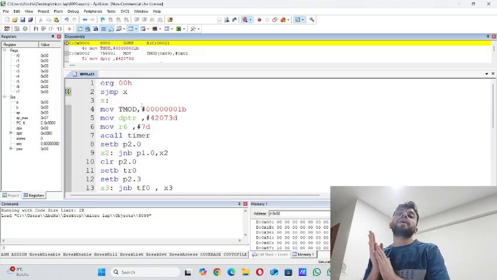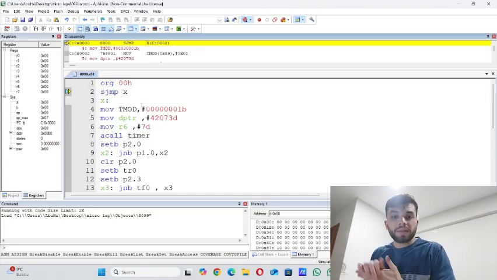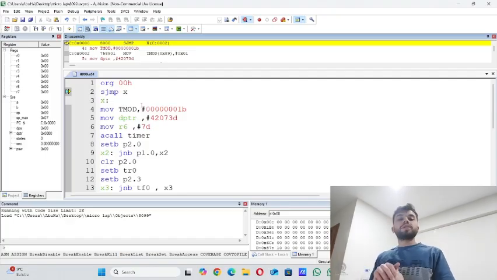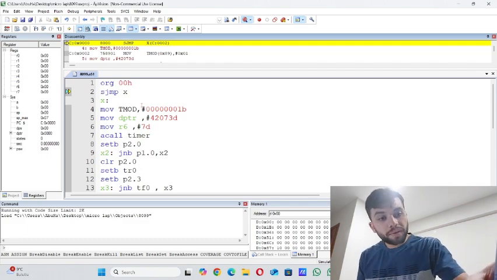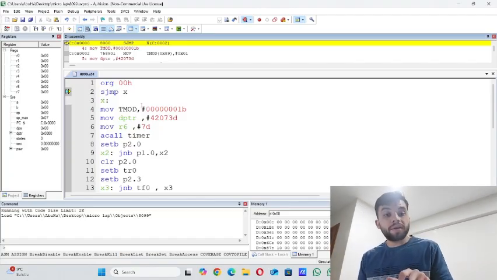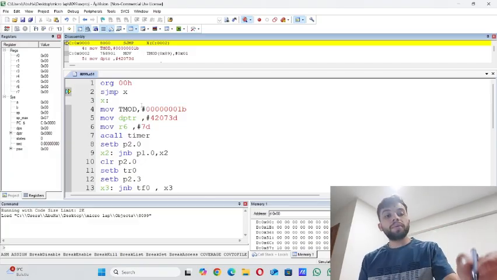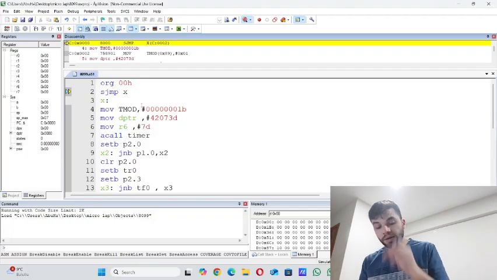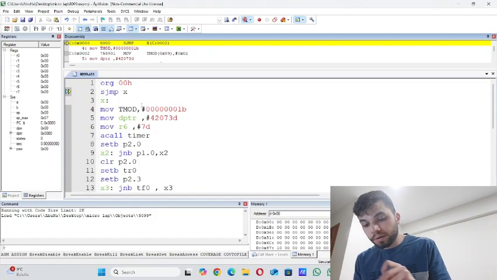As we said, we will use the machine cycle. In the machine cycle for 10 megahertz, we will use 1.2 microsecond. So we have 0.5 seconds, and in one machine cycle for 10 megahertz we use 1.2 microsecond. If we put it in the calculator,